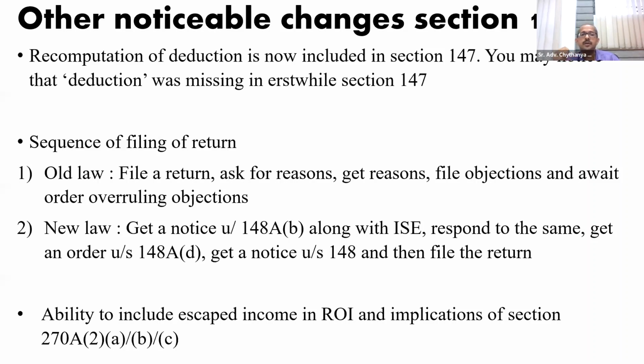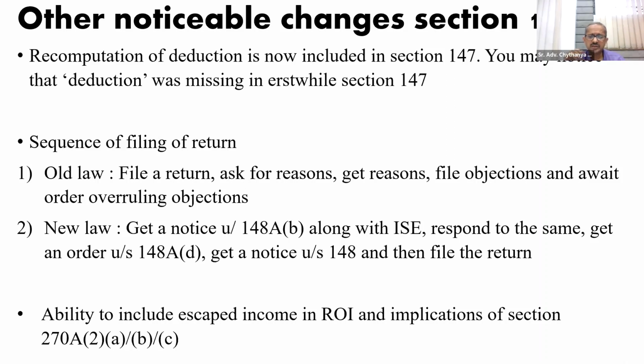Now you will have the benefit of a speaking order under 148AD. So you have the ability to include if you would want to. But then why will you have to include? If you include it yourself, it becomes very difficult for you to go back on that later on, and the assessing officer will be too happy to just assess it. Would it help you in terms of avoidance of penalty? Will this be a case of underreporting? So you'll have to go to section 270A. If you go to 270A subsection 2,